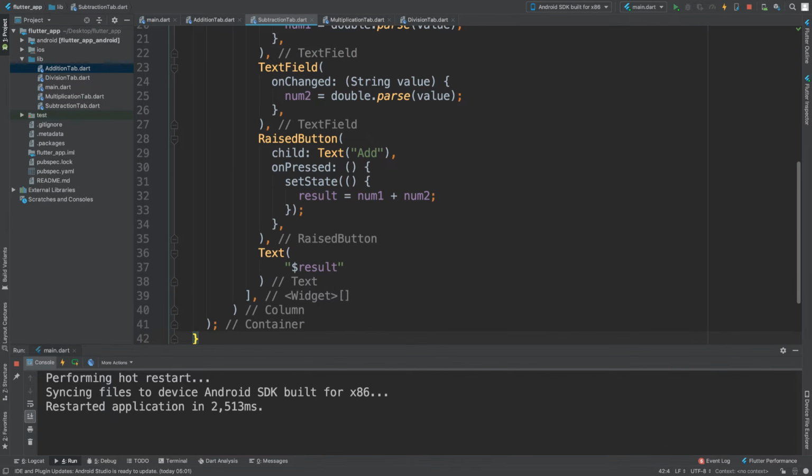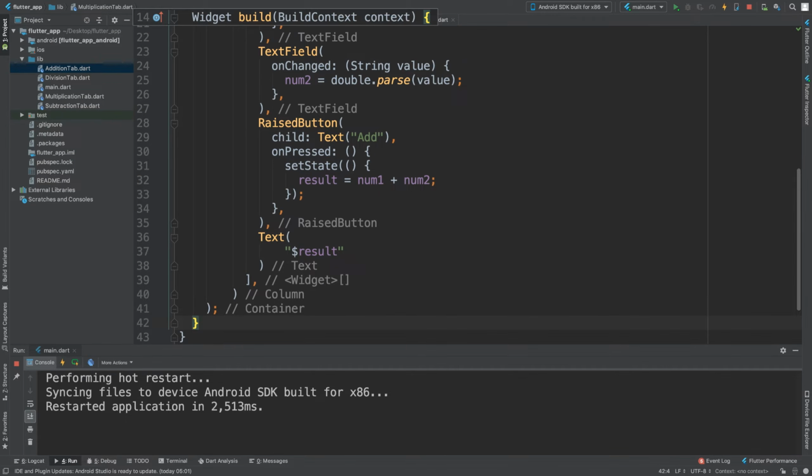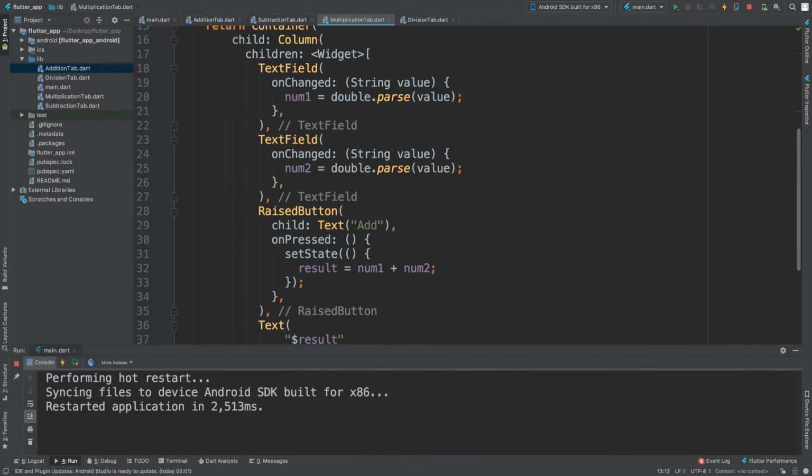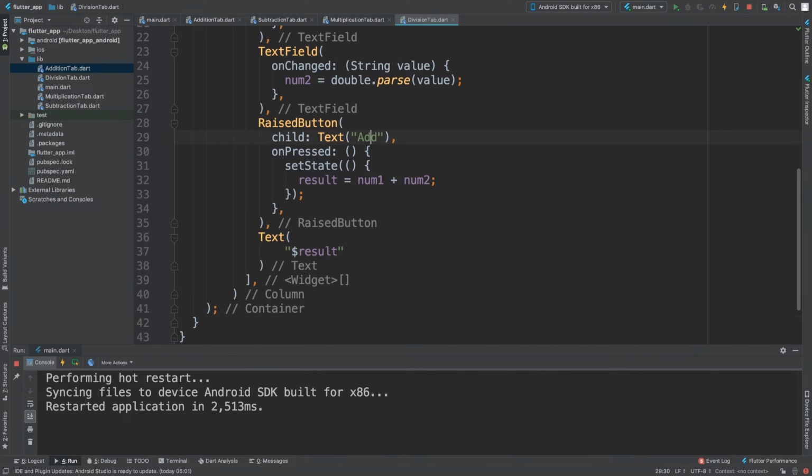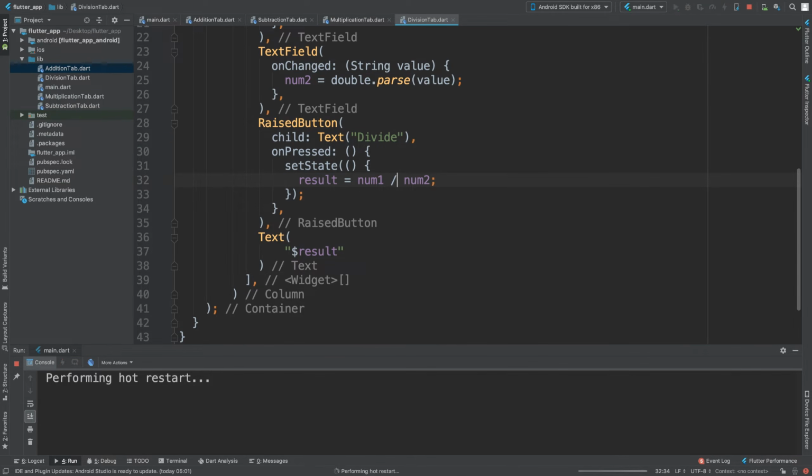There are only two modifications that you need to do. Change this to subtract, that's just a visual thing, and then change the functionality, and that's it. Change this to multiply, and then change this to the asterisk for multiplication functionality. Change this to divide. Change this to a slash for the division functionality. And if I rerun it,